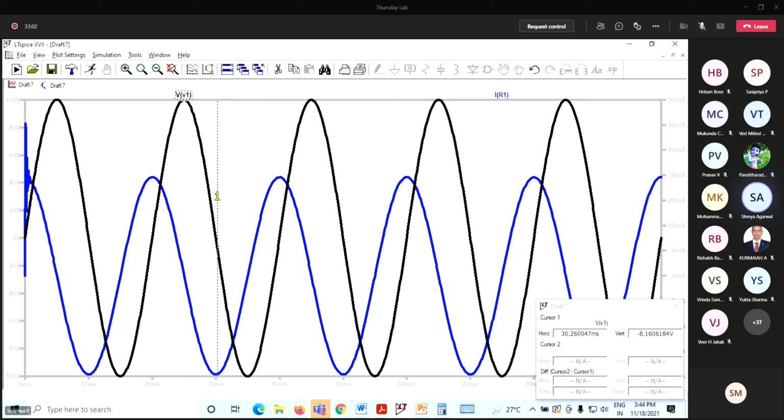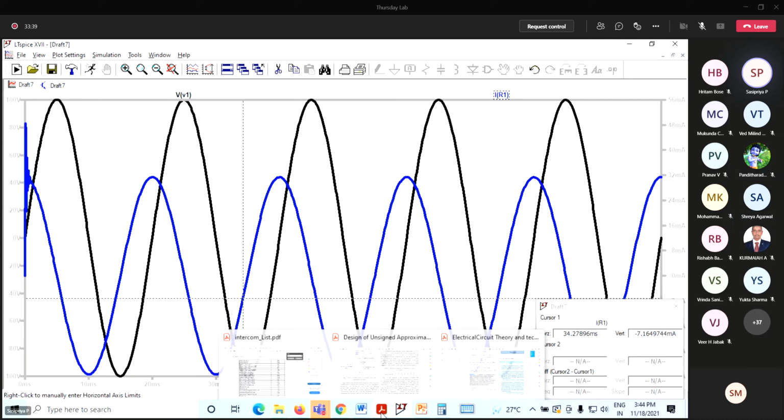Ma'am, but the place where you placed the cursor for the blue line, that wasn't the zero crossing. No, see your x-axis and your vertical. The difference is because the 0 volt is here, whereas 0 milliamps is here. That's why it's not aligned. Okay, ma'am, got it. This is 0 milliamps. I should see the right hand side vertical axis. Ma'am, but I am getting the answer as 4.94, the difference between the two.